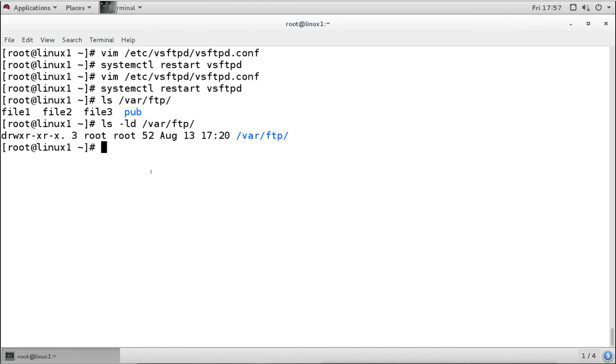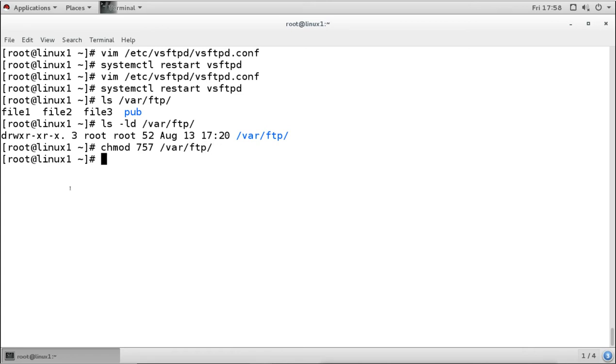So if you want to allow the anonymous user, that means we have to allow the other users. Remember, anonymous is not a user. It is just another nobody. So when it is nobody, we want to allow him to upload the file here. So we have to give the permission to others. How will we give the permission? By default the permission is 755. So I will give 757 on this where FTP directory.